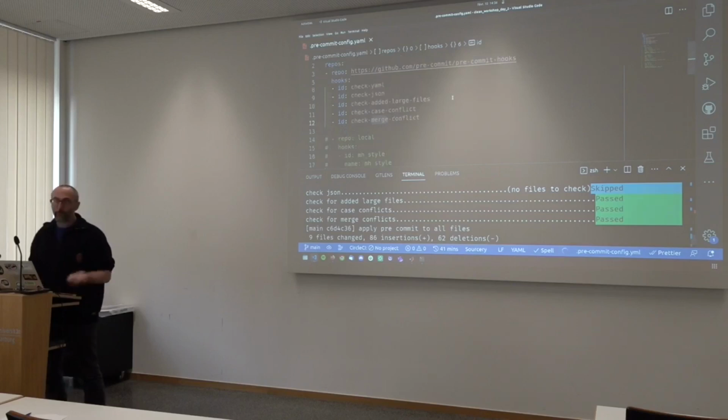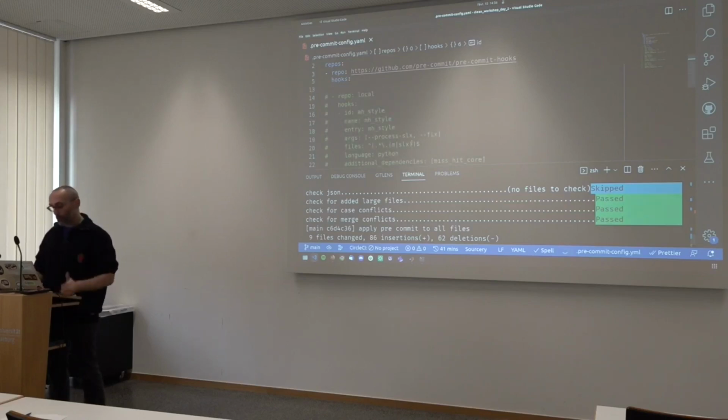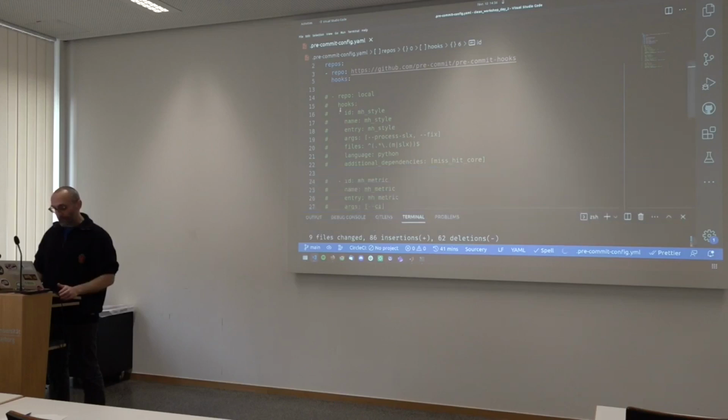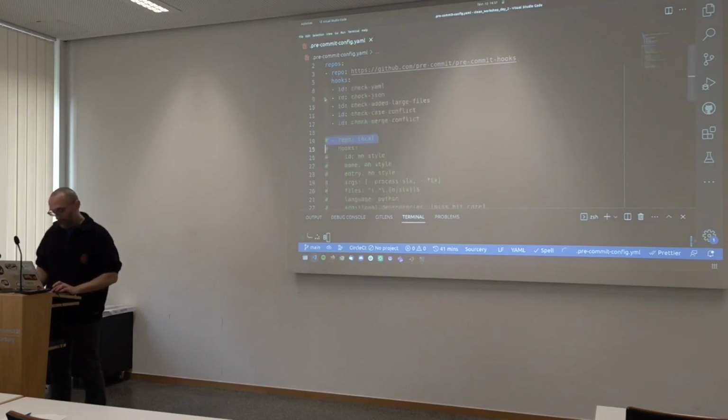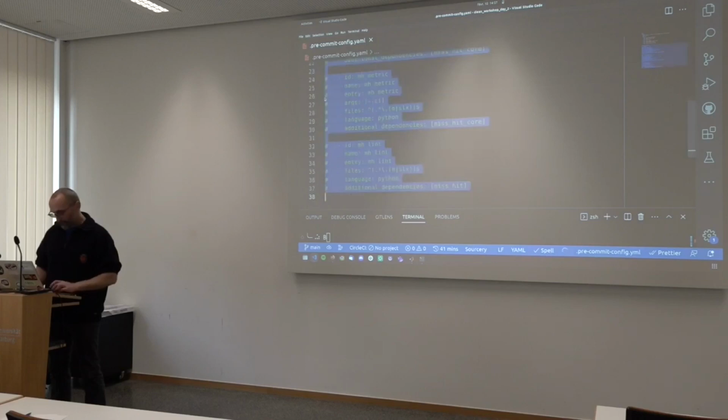The good thing with pre-commit is that you can go and look on the pre-commit website. It has rules to apply to pretty much all languages: Python, R, Java, JavaScript. It has a whole bunch of things that will help you automate and make sure that all your code and all your repositories are clean all the time, including Mishit, for example. So here is how you would write the rules to apply Mishit to your code. I'm just going to uncomment those for now.